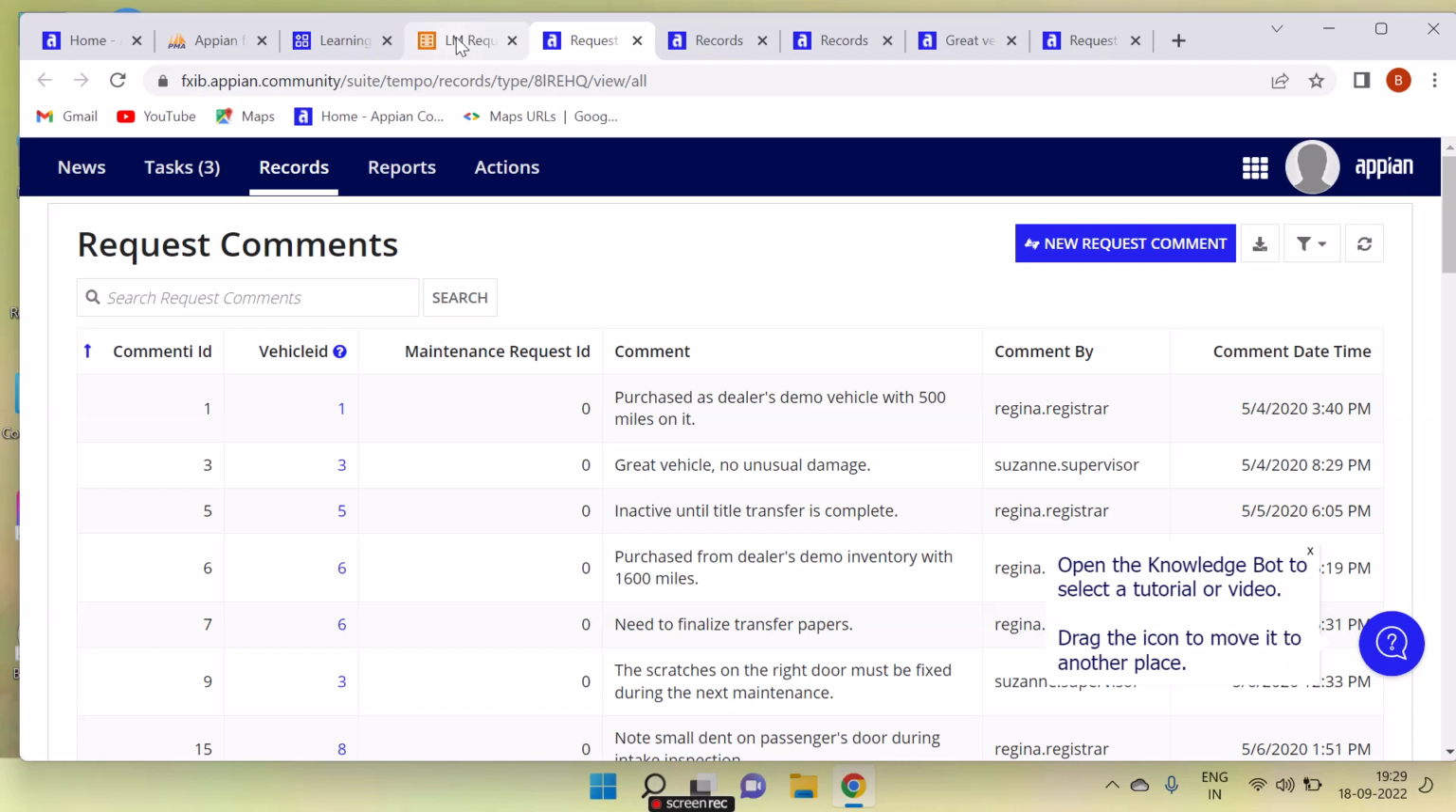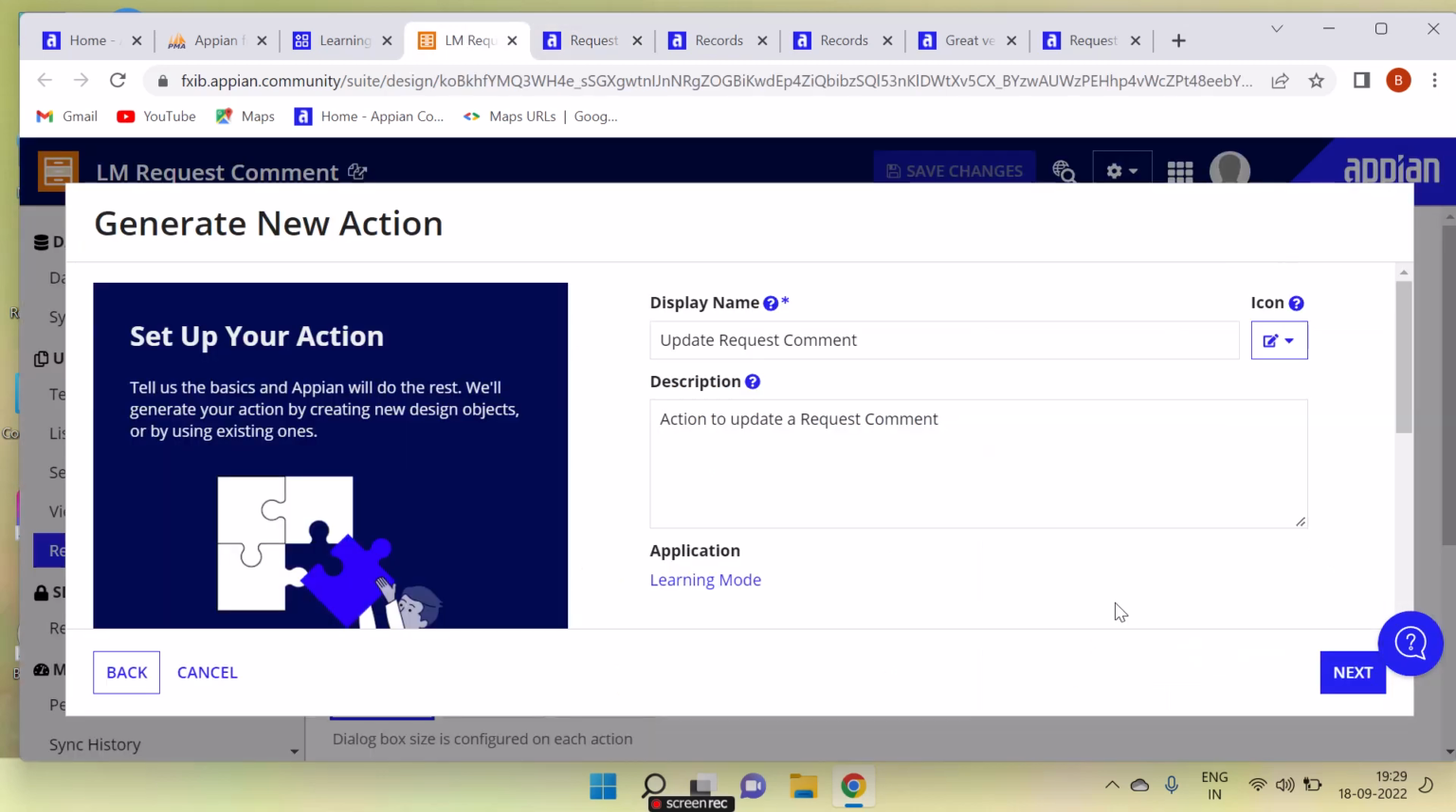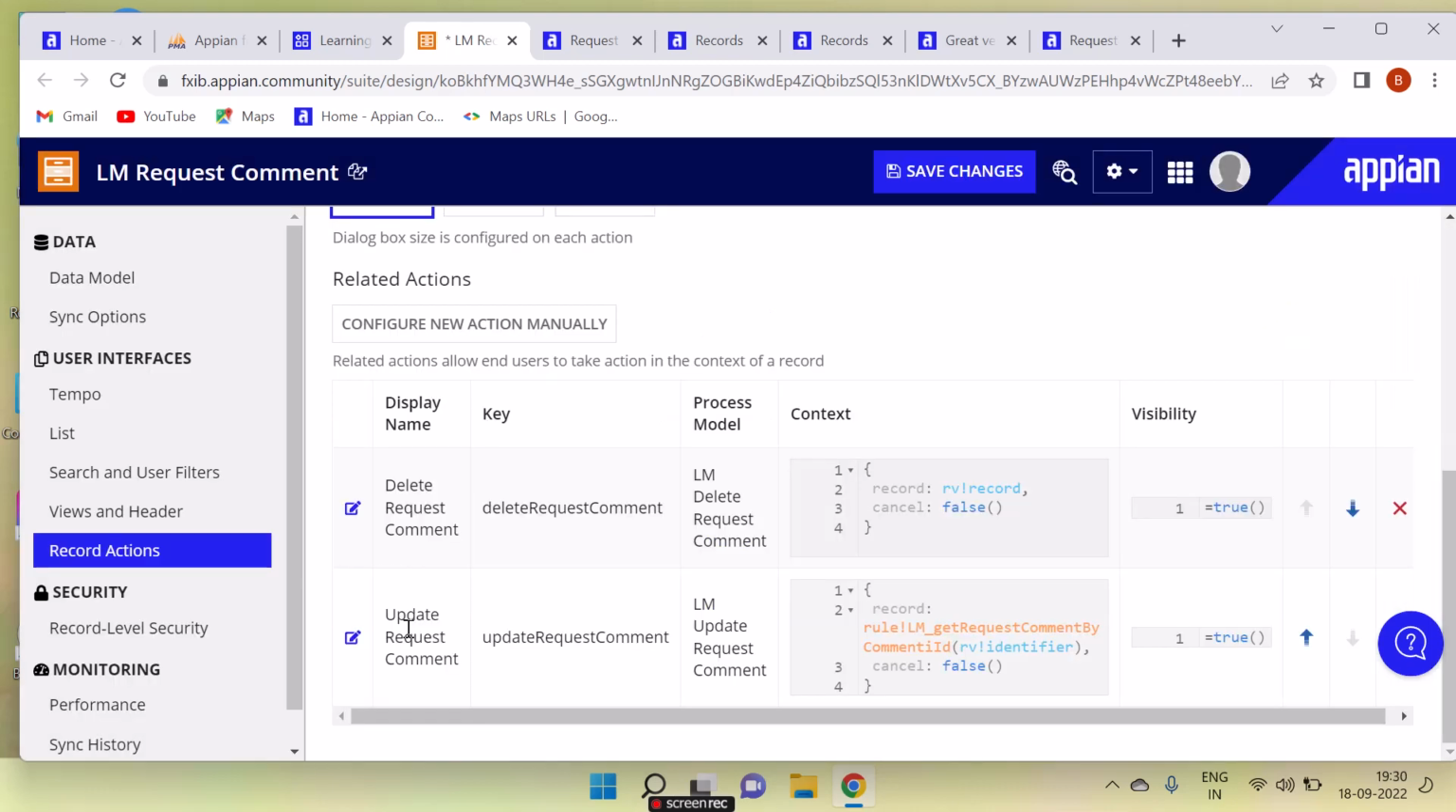If you want to change the icon, you can change the icon, change the name, change the description, it is up to you, but I'm keeping it as it is. So all 4 will be created, and I'll be clicking on generate action. And I'll be clicking on close. So here you can see update request comment will be created, and clicking on the save,